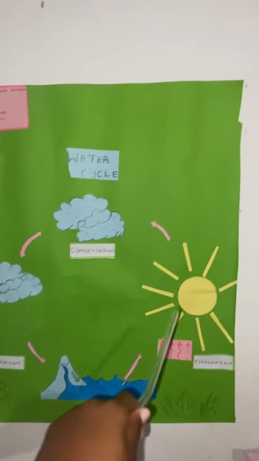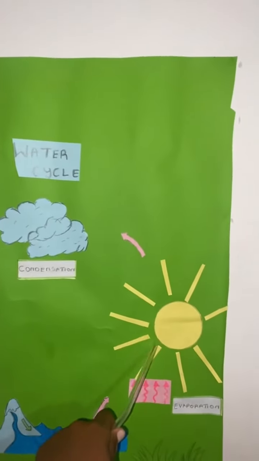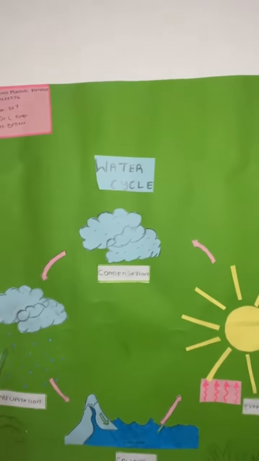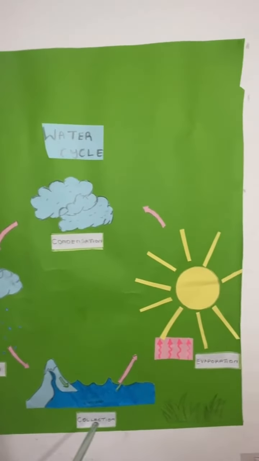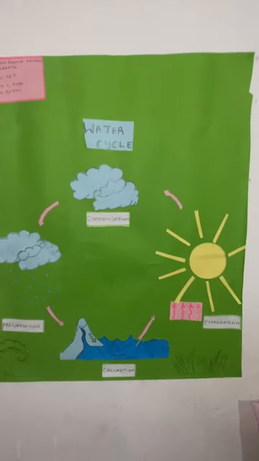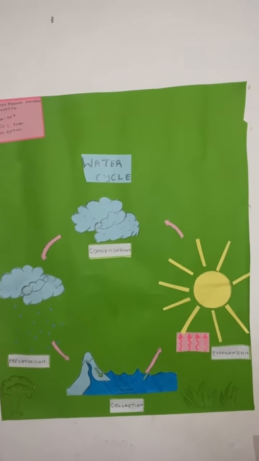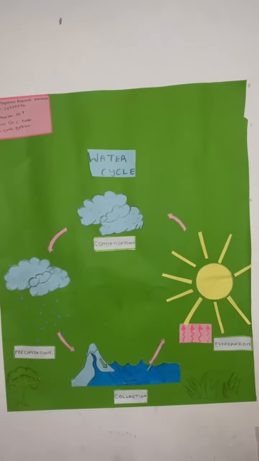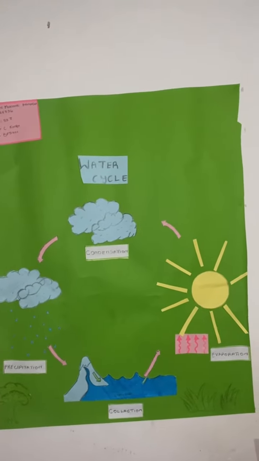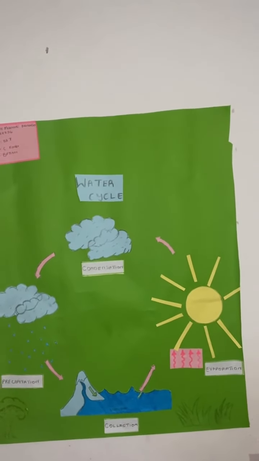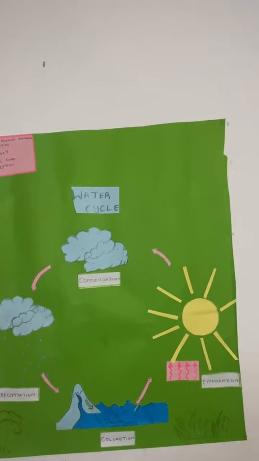So we have the sun. This is the sun. We have the clouds, and then we have the rain. We have the lake. First of all, for the water cycle, we will need the sun. What hits the lake is the sun. The sun hits the water and the water gets warm and changes to water vapor, meaning